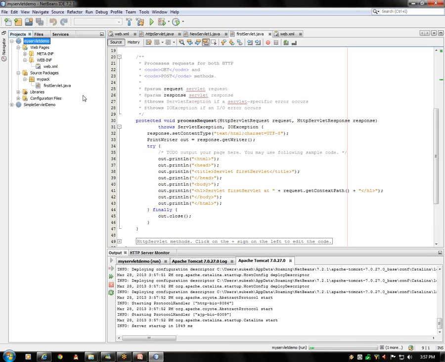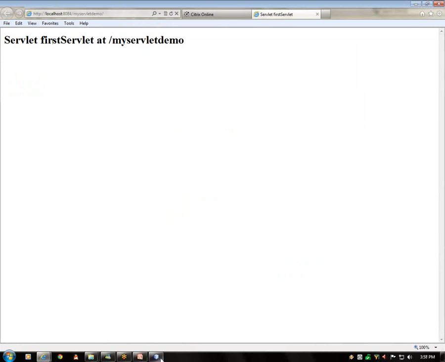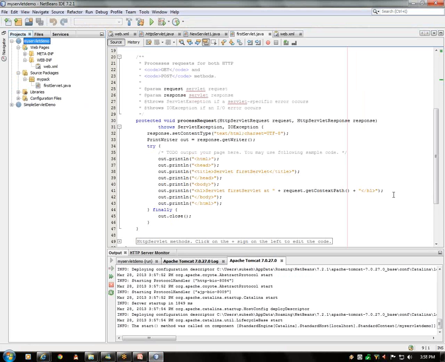So as you can see over here, the servlet is running on my application server. Anything I want to do here, I have to